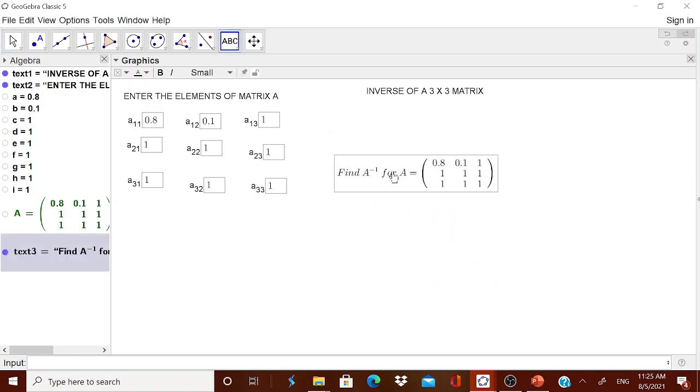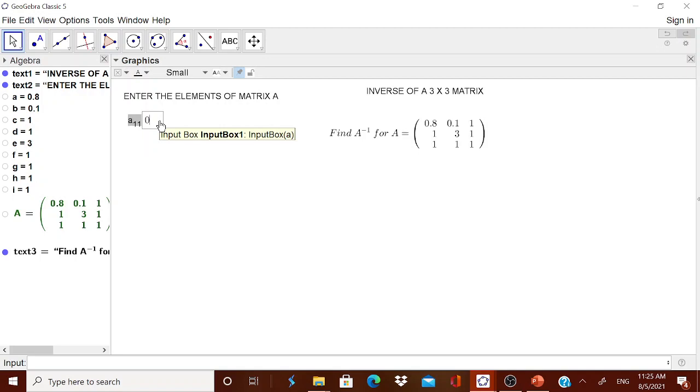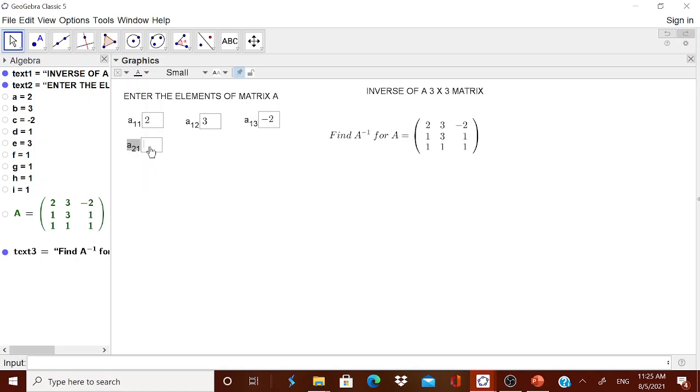Now a child will enter the numbers, and you see when I change the number over here. When I change it into 2, when I change it into 3, when I change it into -2, again when I change it into 4, let it be 3.